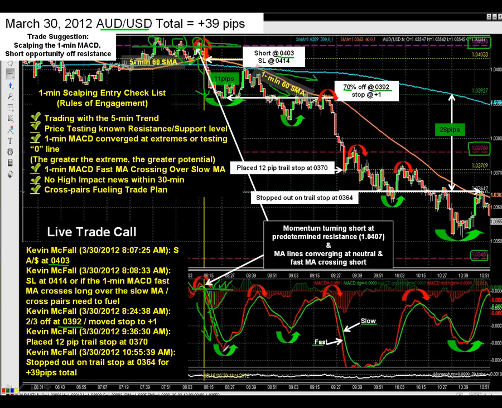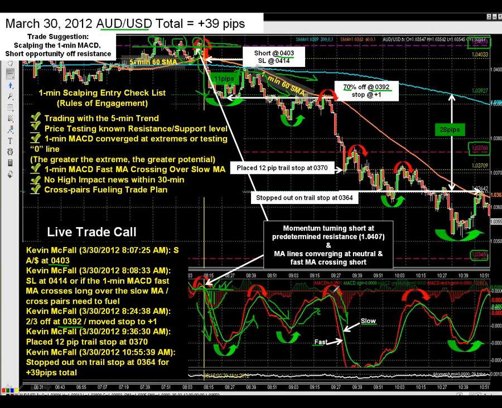Now you can see the MACD lines turned back up here, started to move up. Price moved up, but it didn't take us out; we moved our stop also to +1. We didn't get stopped out at +1, so we stayed in the market here, and you can see the MACD line started to move back down, came back up a little bit, just meandered for a while until we got another significant drop. Actually, the MACD lines came right back up to the 0 line,